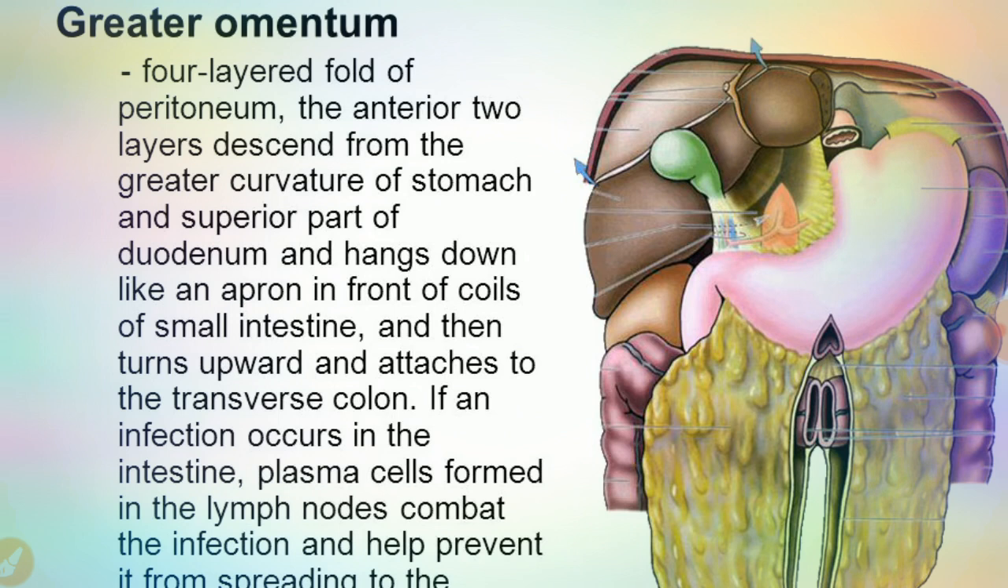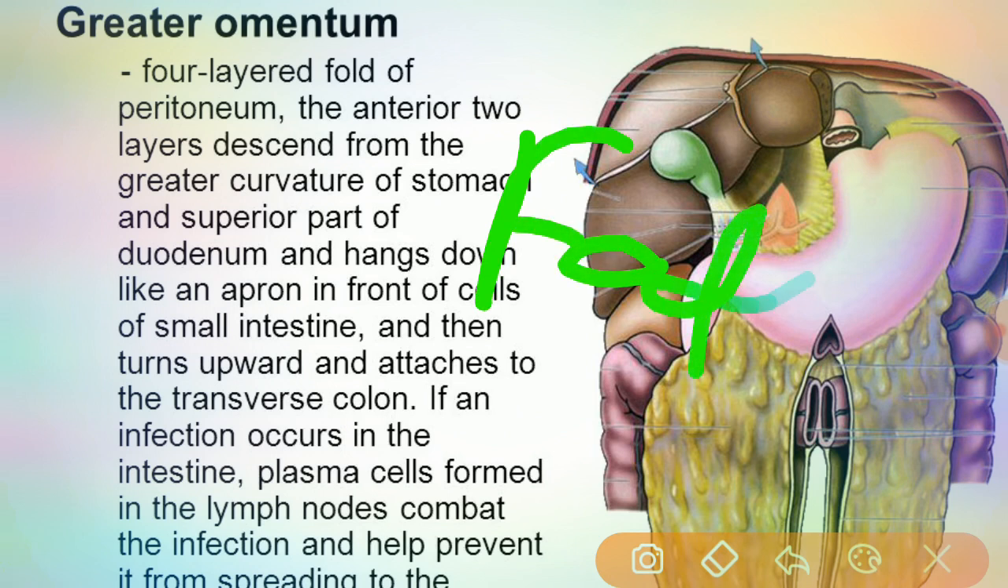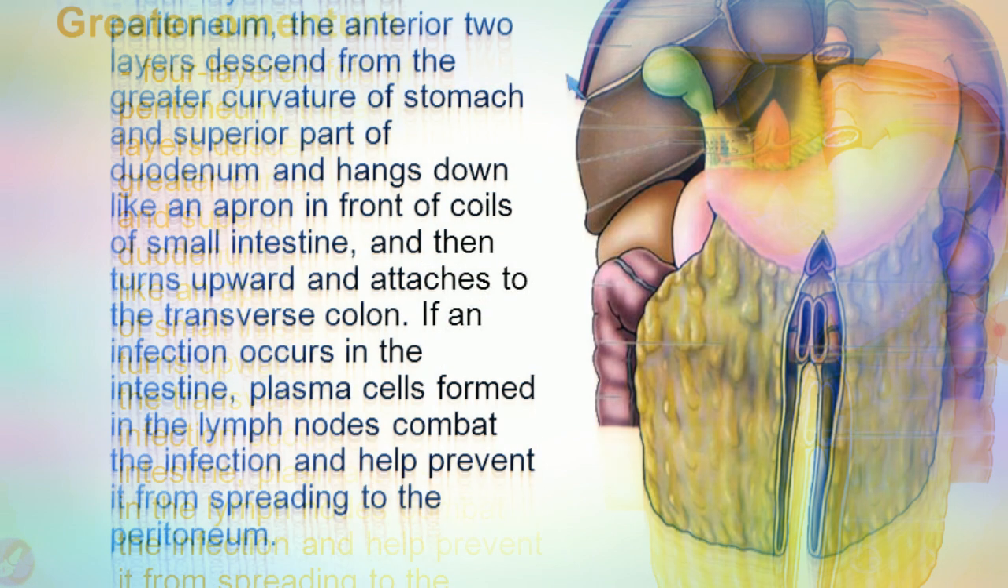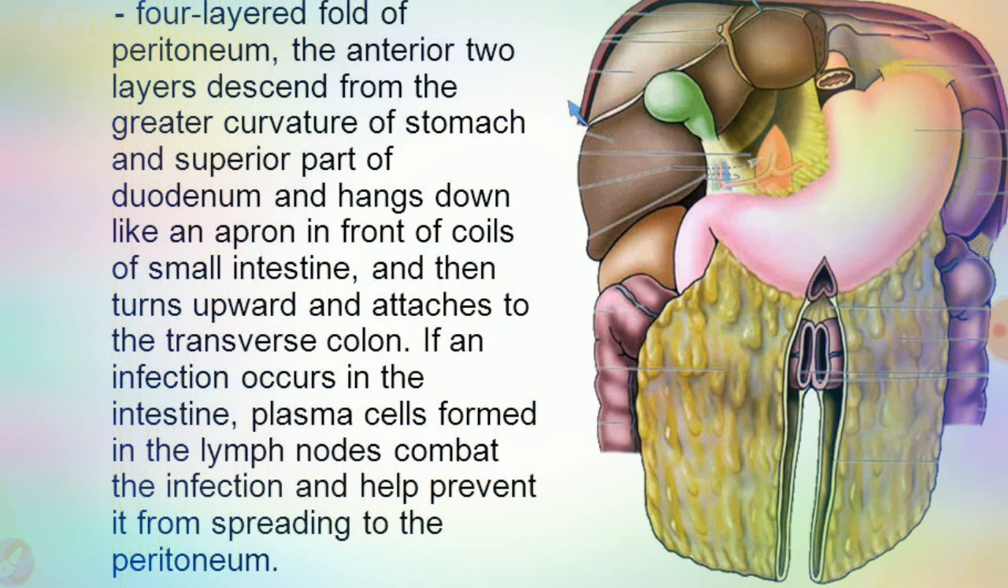We used to call that it has a fatty apron, fatty apron. Okay, so here this hangs down like an apron in front of the coils of small intestine, and then it turns upwards and attaches to the transverse colon. So if any infection occurs in the intestine, plasma cells will be formed in the lymph nodes, combating the infection,